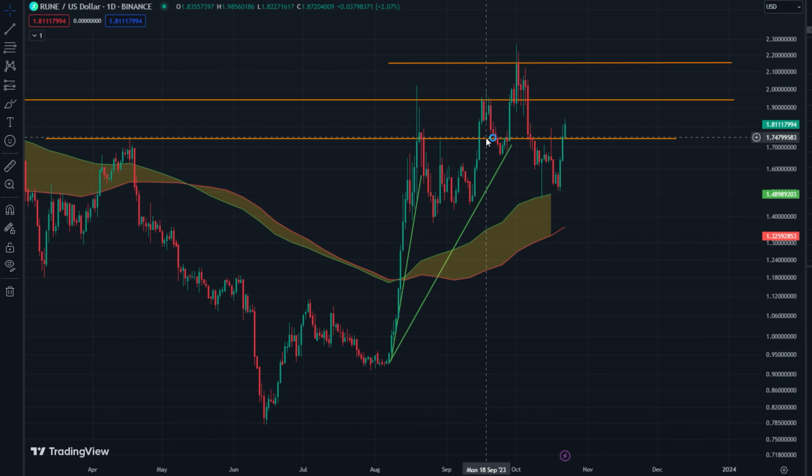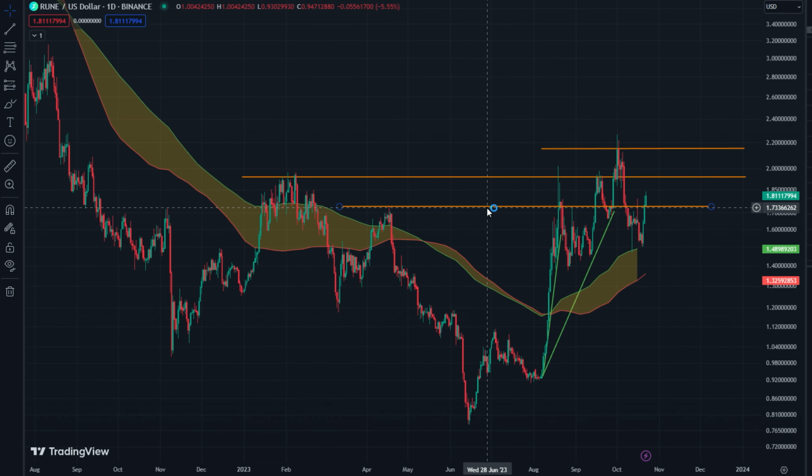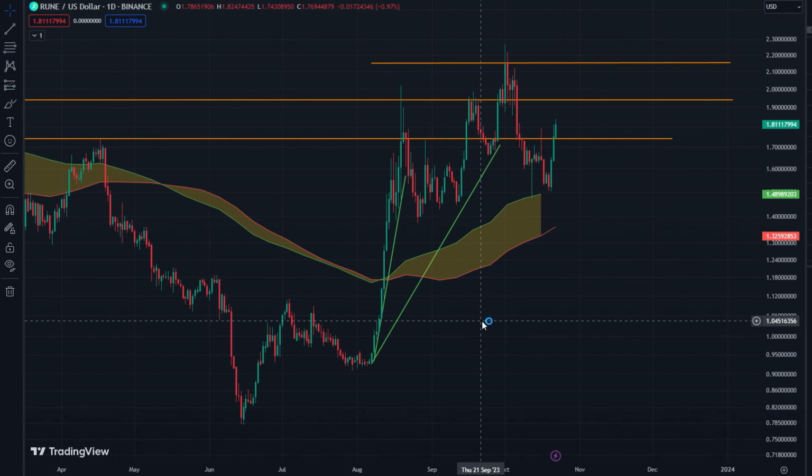A lot of altcoins are putting in all-time lows, like Avalanche. You know, Cardano is doing terribly. Solana's holding up well, which I'll make a video on soon. Probably XRP is doing good, but it's still doing poor. A lot of altcoins are not performing well at all. But Rune has been consistently up,